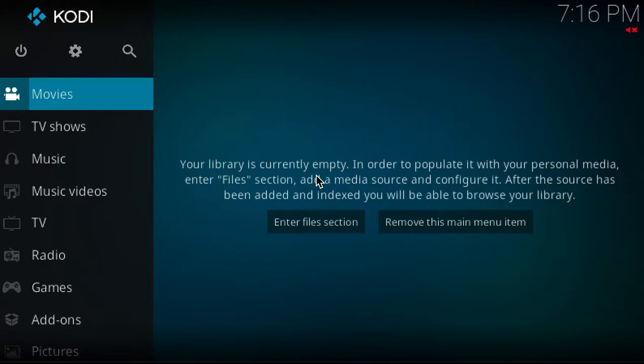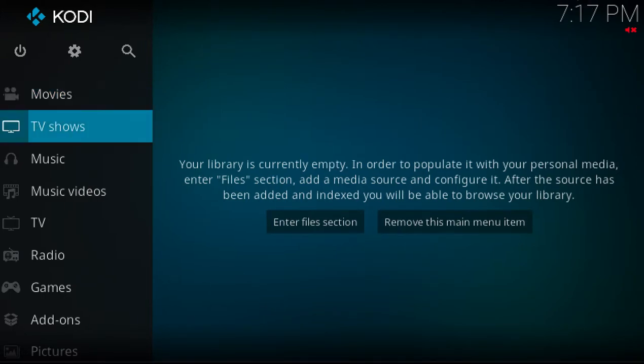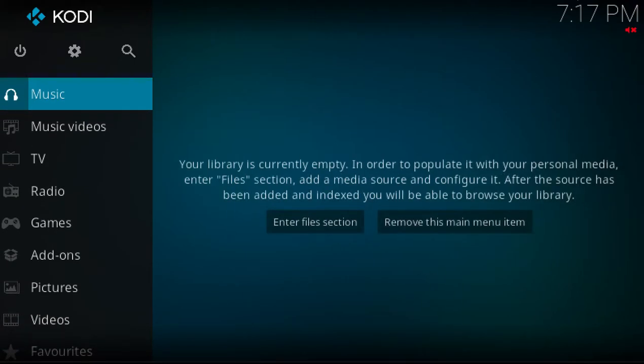In this video, we're going to show you how to set up Kodi to automatically start up in the HDHomeRun add-on. If you have not already installed the HDHomeRun add-on in Kodi, please see our other videos for instructions. This is what Kodi looks like when you first start it up, and it has a lot of other options and things and features. But if you don't really need any of those other features and you just want to use the HDHomeRun add-on,